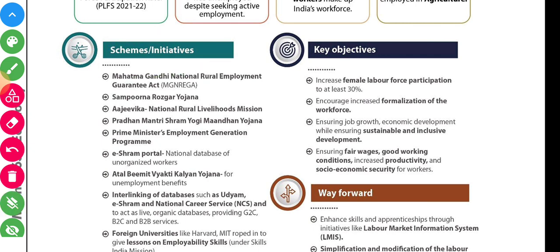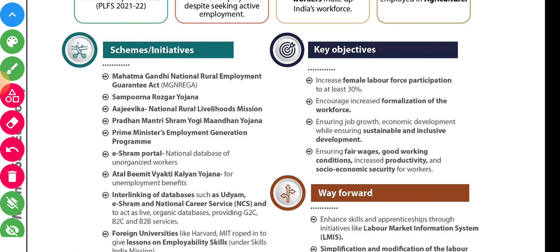First is MGNREGA, Mahatma Gandhi National Rural Employment Guarantee Act. Next is Sampurna Rozgar Yojana and Ajivika National Rural Livelihood Mission, and Pradhan Mantri Shram Yogi Mandhan Yojana, Pradhan Mantri Employment Generation Program, E-Shram Portal, National Database of Unorganised Workers, Atal Bimit Vyakti Kalyan Yojana for unemployment benefits,